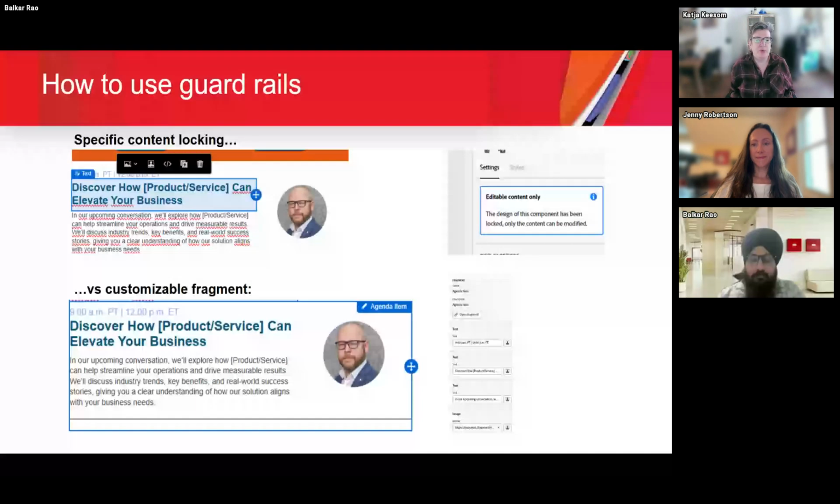So with a fragment, the experience for the end user building out the email is more restricted and has a slightly different UX than when you lock content pieces. So depending on what the use case is of the content type that you are using, you can make different choices in how you want to put those guardrails in place. So if we go to the next slide,